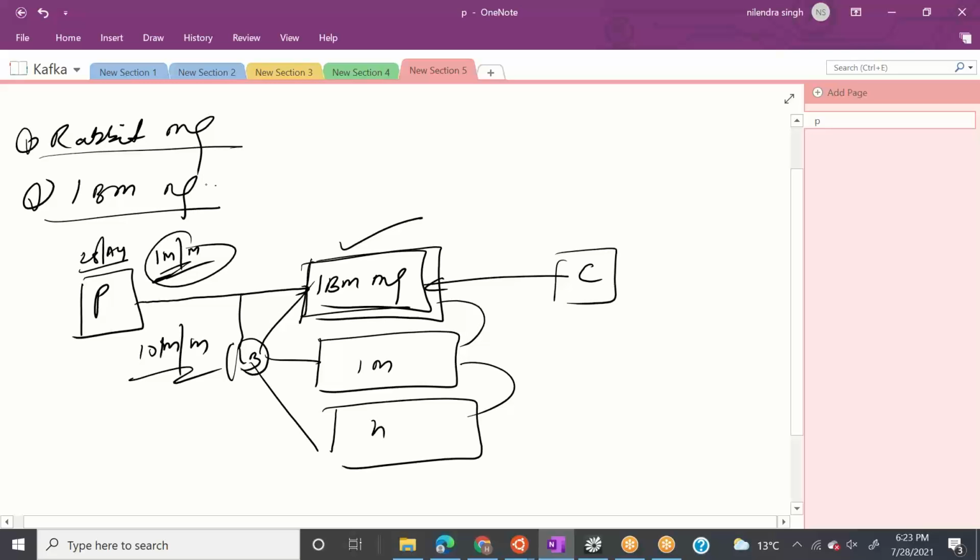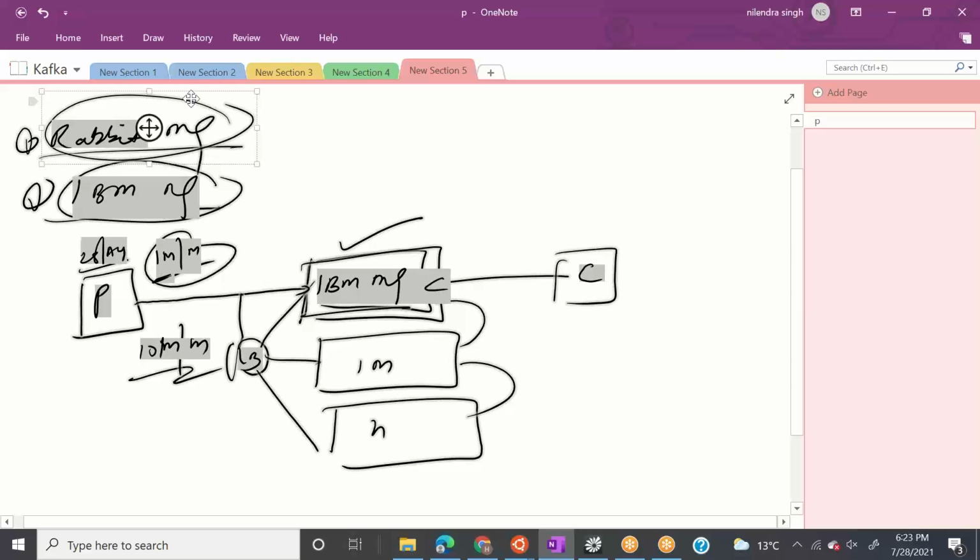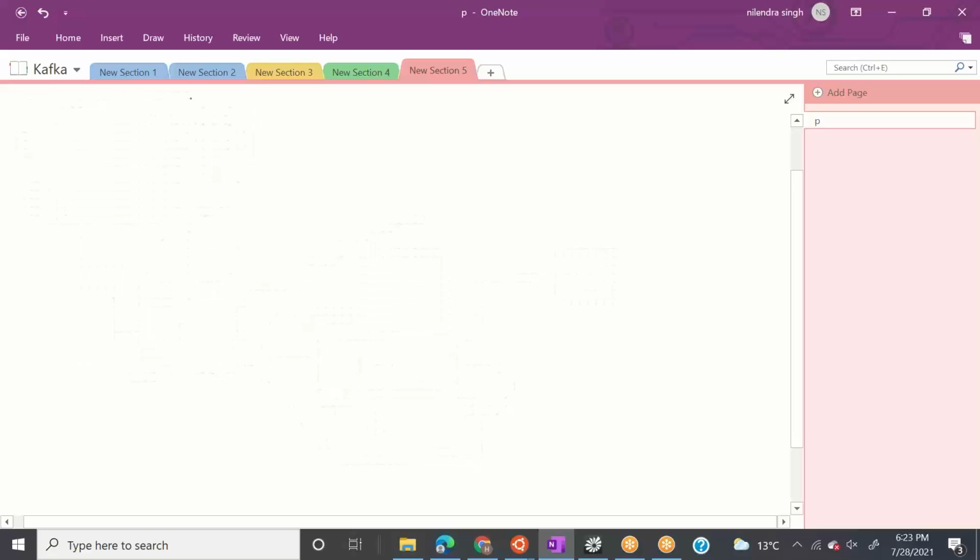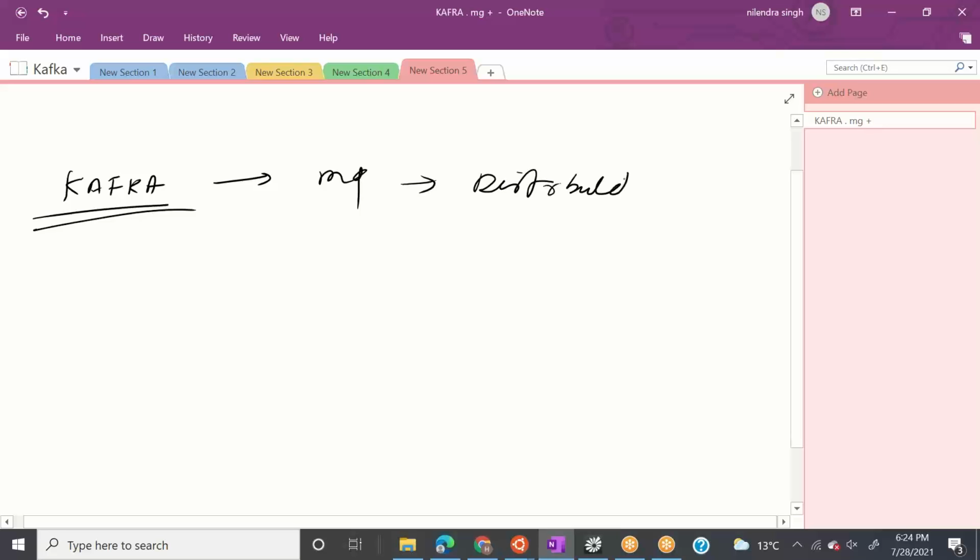So that's where these machines or software which these companies developed are not very feasible when we talk about large amounts of data, or big data. That's where researchers created one more project. They called that project Kafka. So now we know a few things about Kafka without jumping into it: Kafka is nothing but a messaging queue, but it is a distributed messaging queue. We know this now, right?